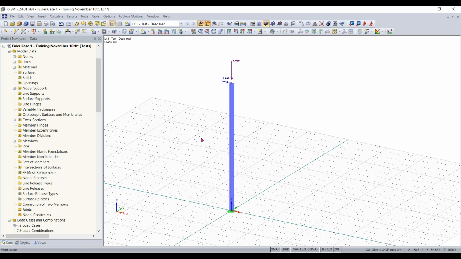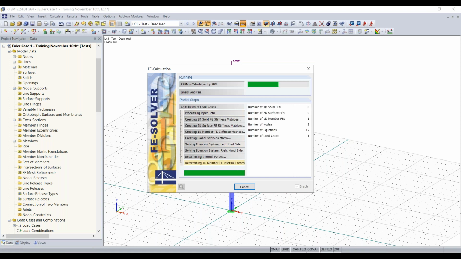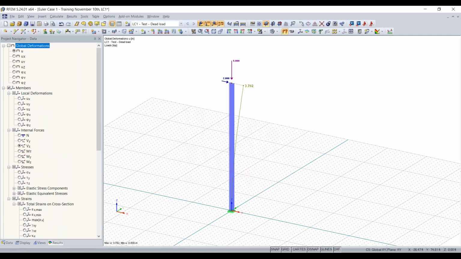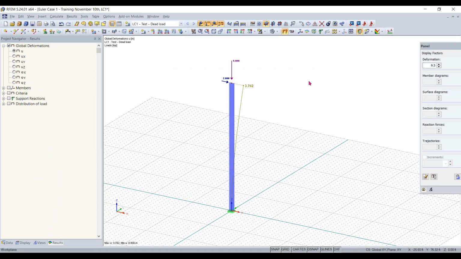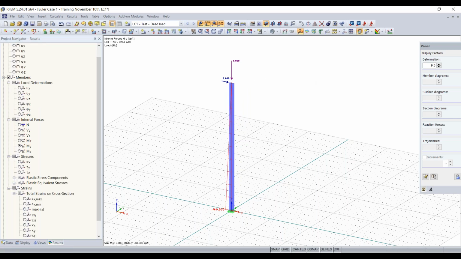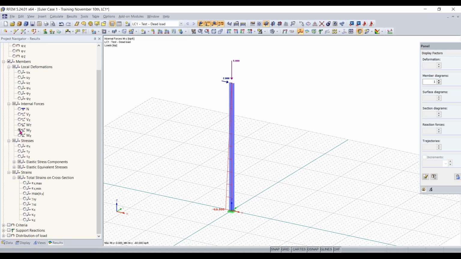Now the next thing I want to do is show you something very important. So I'm going to click on Calculate All and run my calculation real quick. And then the first thing you'll see whenever you run your calculations is the global deformations will come up. And then what you want to do is show the internal forces of this member. So I'll check off members, and then I will check off